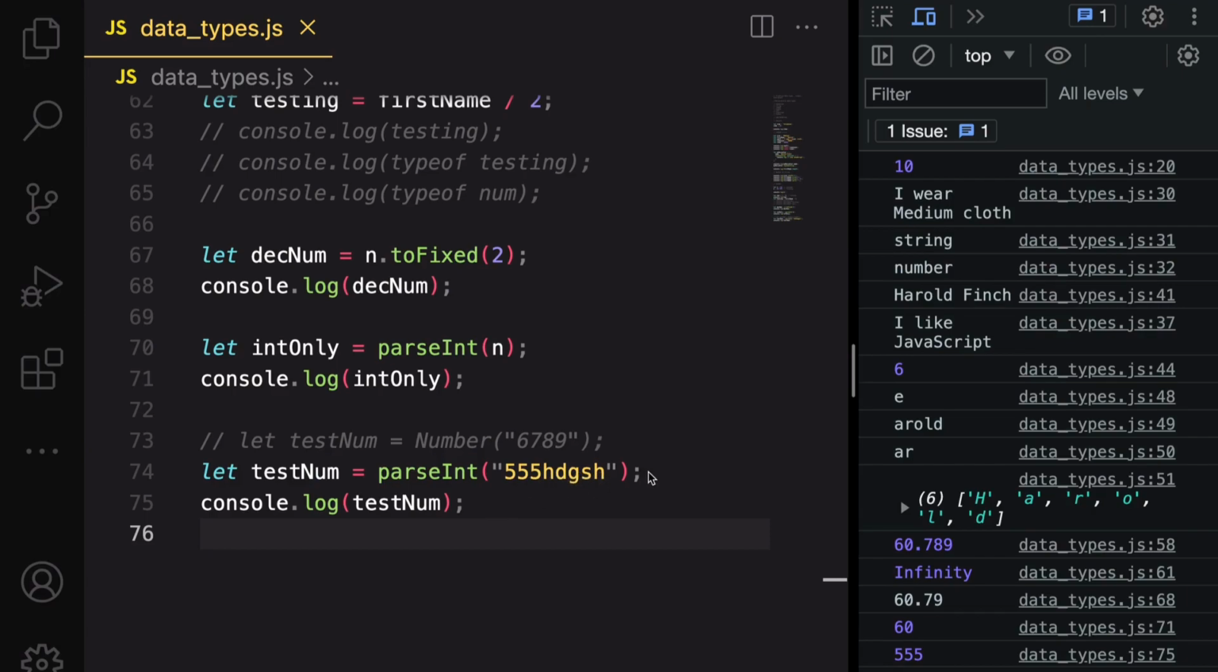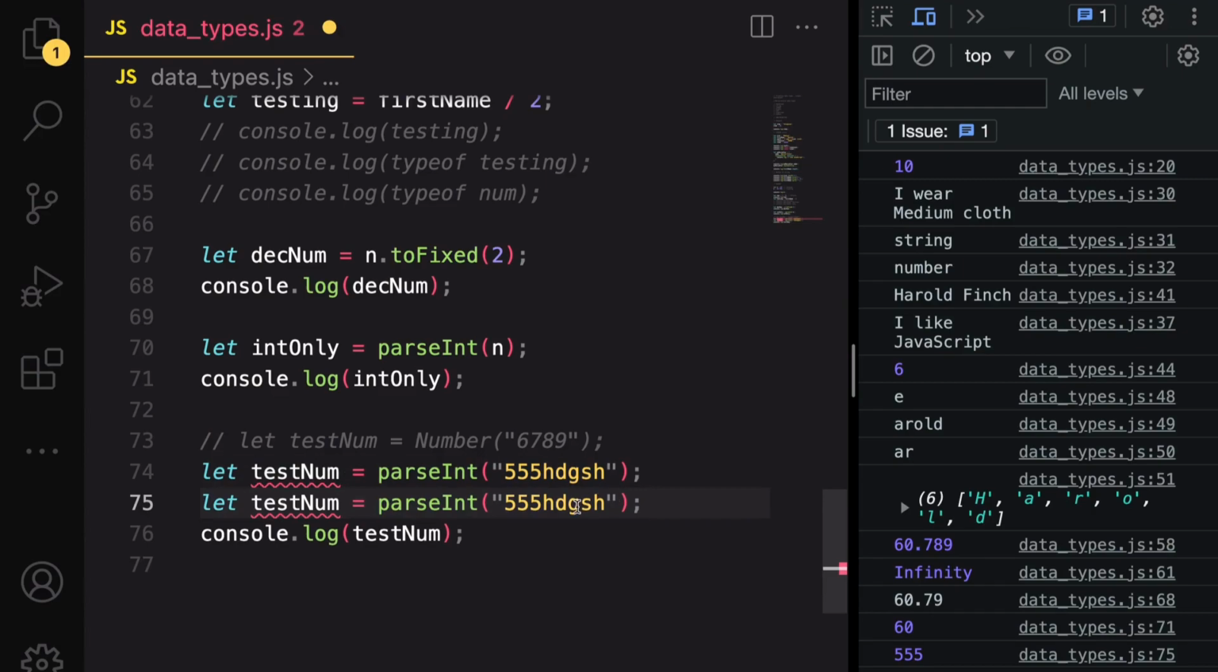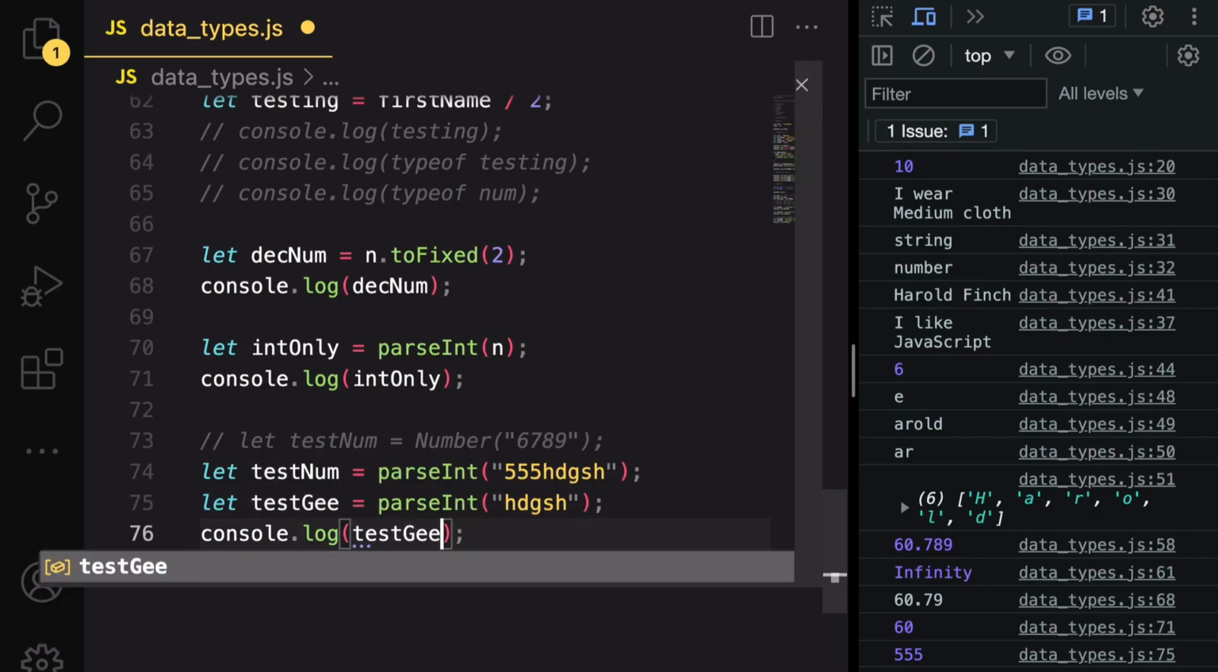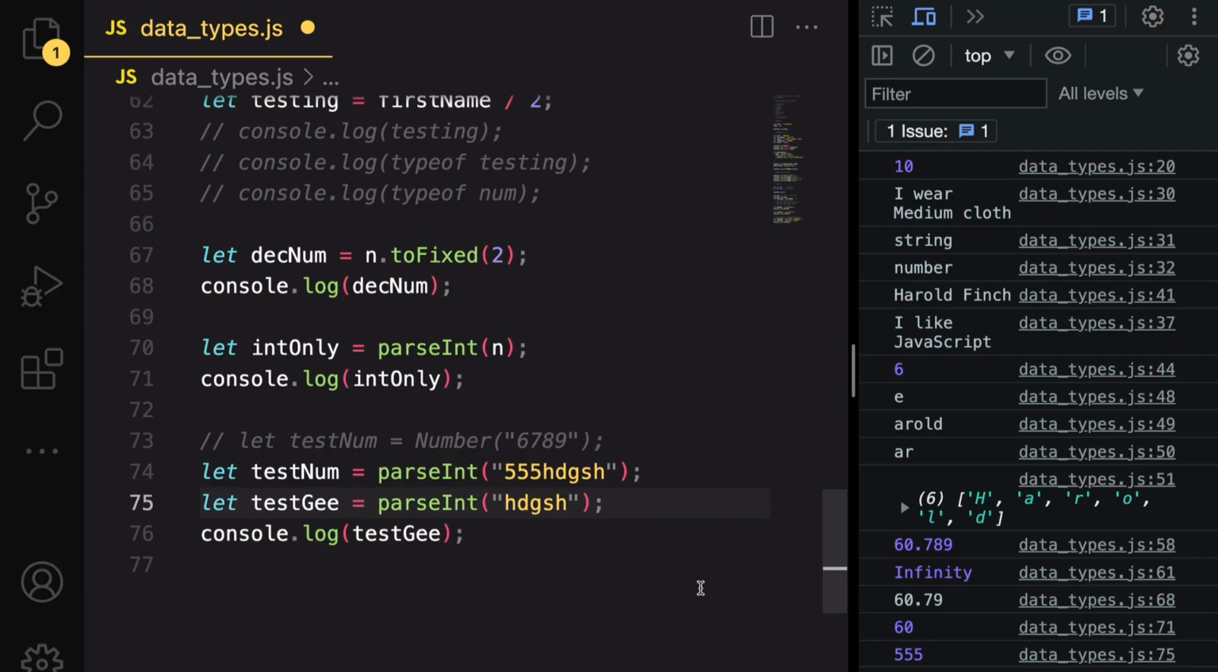Okay, but let's say we have something like this, where there is no single integer in this string. Let's change this one, test G or something, it doesn't matter. And let's change this to test G. Again, I know that we need to make variable names descriptive, but here let's just test. You see, right? It says not a number. So basically we are trying to parse ints in a string that does not have any possible integer, right? So it's going to return not a number. And that's about